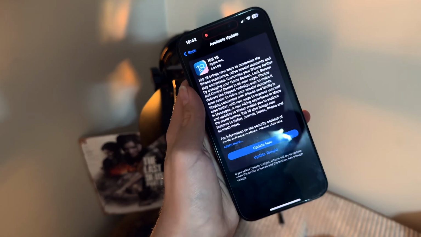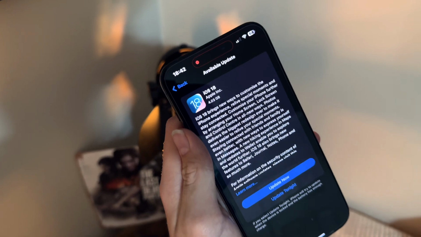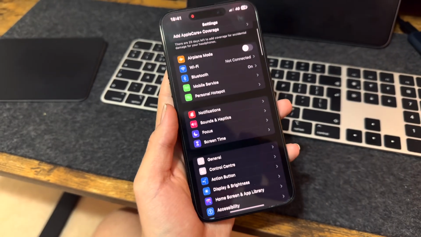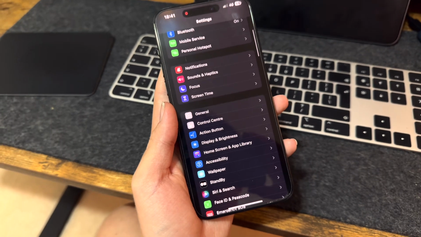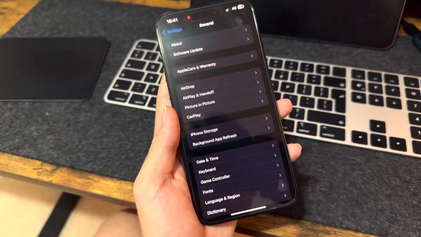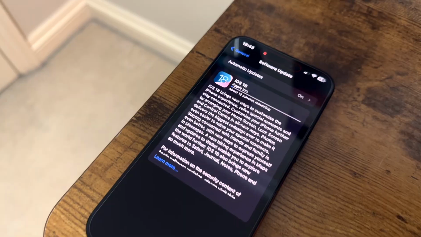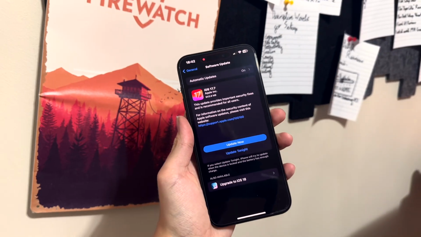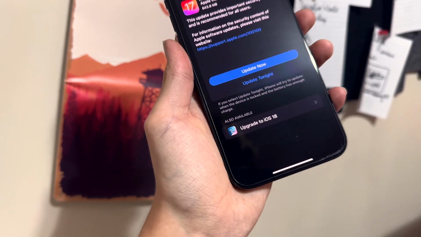Today I'll be showing you some tips and tricks for Apple's biggest customization update yet. First, let's update your phone. Open Settings, then go to General, then go to Software Update. Then you can update your phone straight to iOS 18. It will give you the option to update to the latest version of iOS 17, but you don't need to